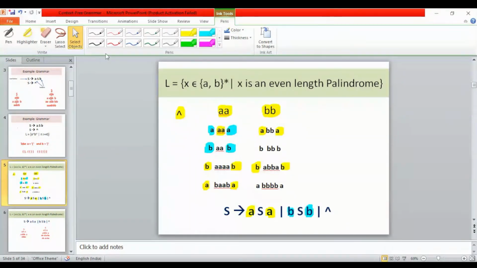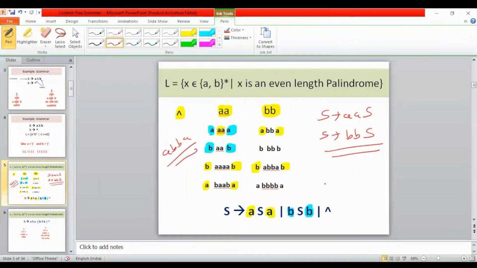Okay, if you don't have a query, can you tell me, can I write like this? S gives AAS or S gives BBS. Can I write like this? If I do in this way, what will happen? Let us see. Suppose you want to derive a string